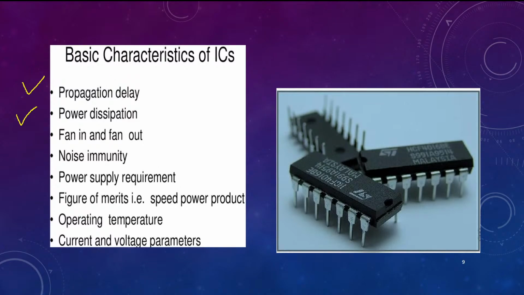So power dissipation should also be as low as possible, and it is generally expressed in milliwatts. Okay. Next is fan in and fan out, which we've already seen. We have seen noise immunity as well. Then there are some power supply requirements that should be matched, right? Then the next one is